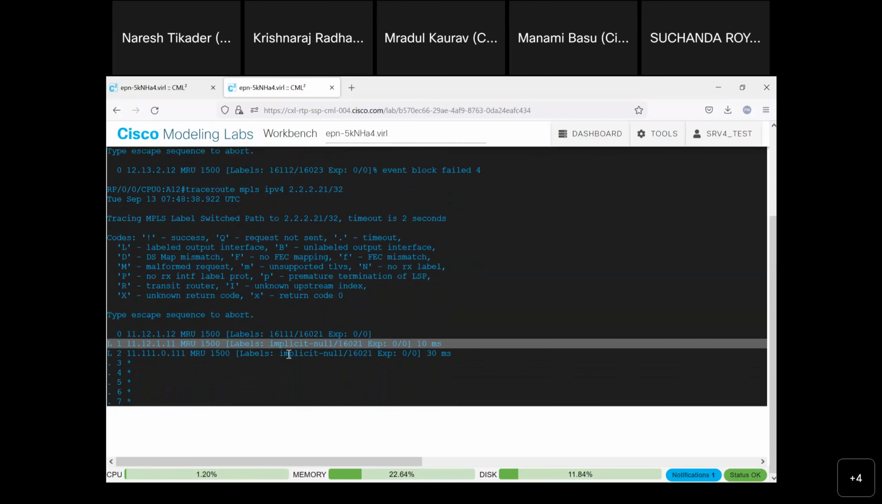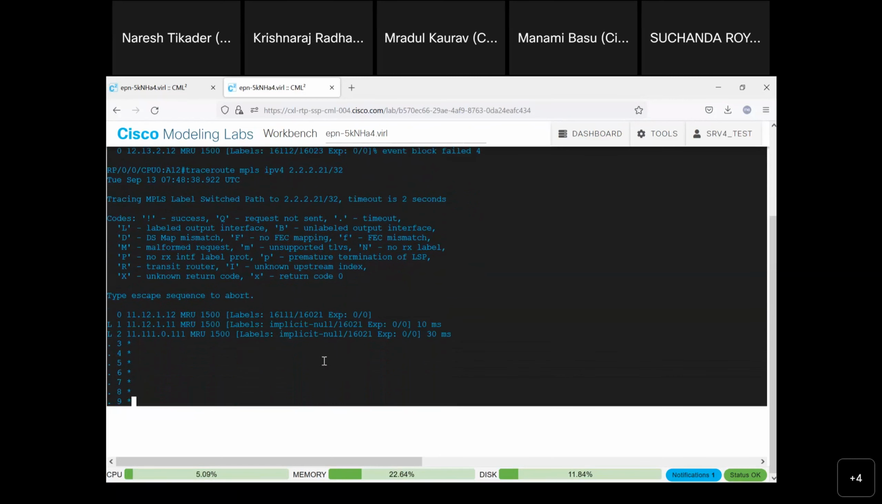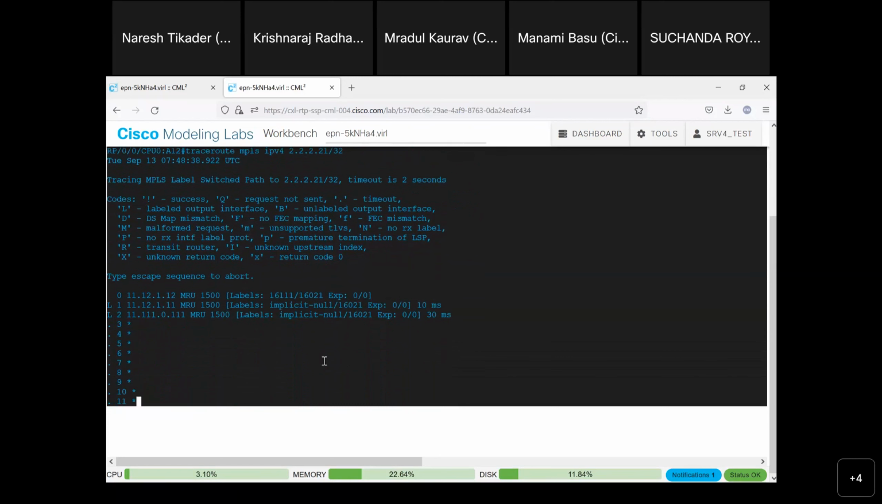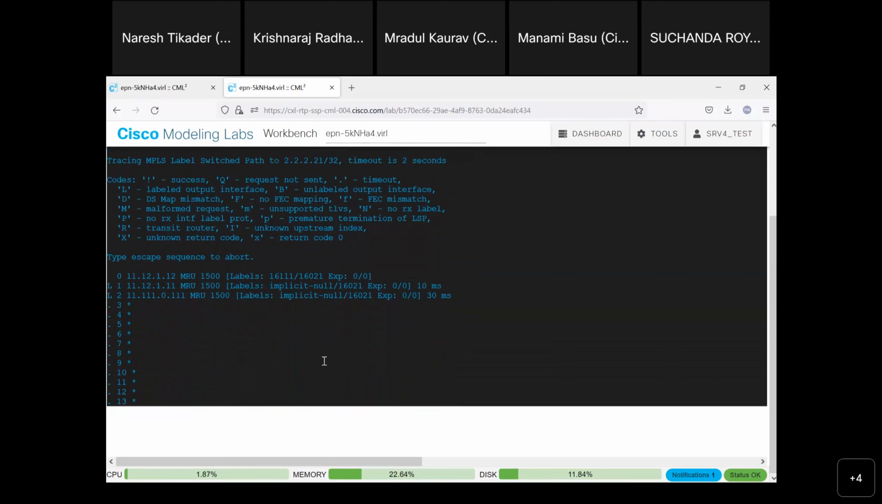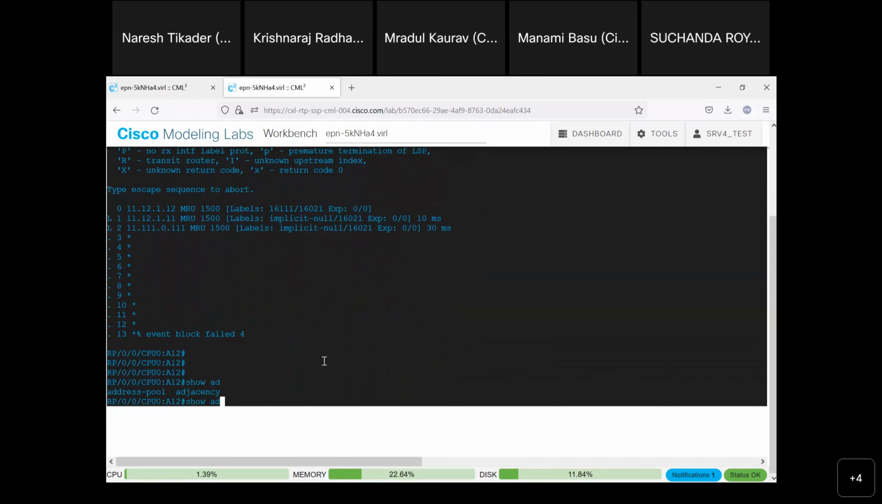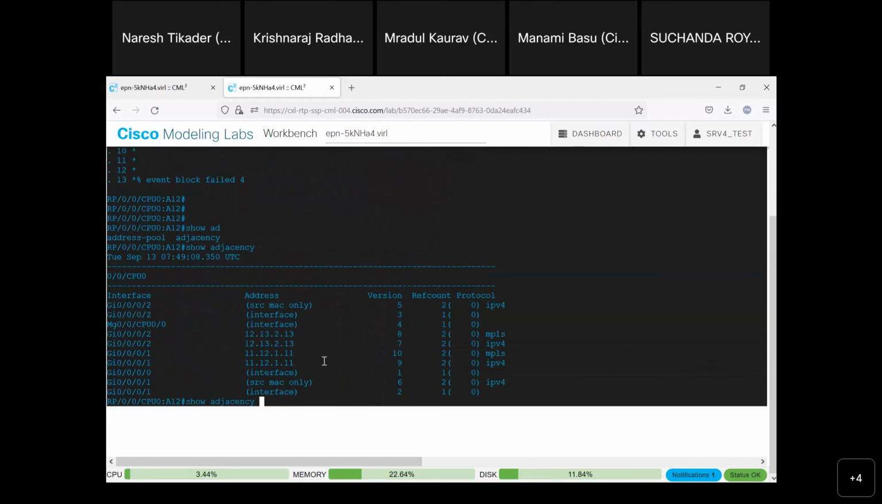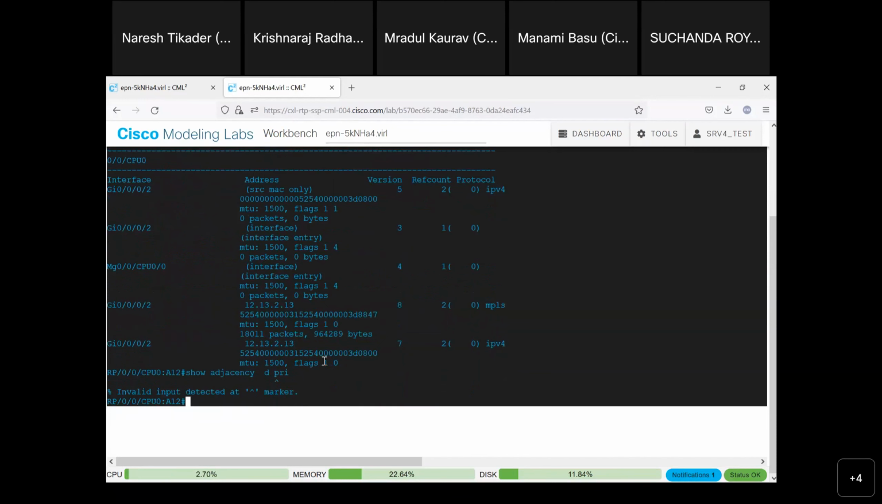It's putting an implicit null. You see this part? Whenever you are checking it upstream, you see that this is using the global level. But if you just type show adjacency detail, show adjacency private, I will go for. If you see the adjacency information, how the CEF table is built,